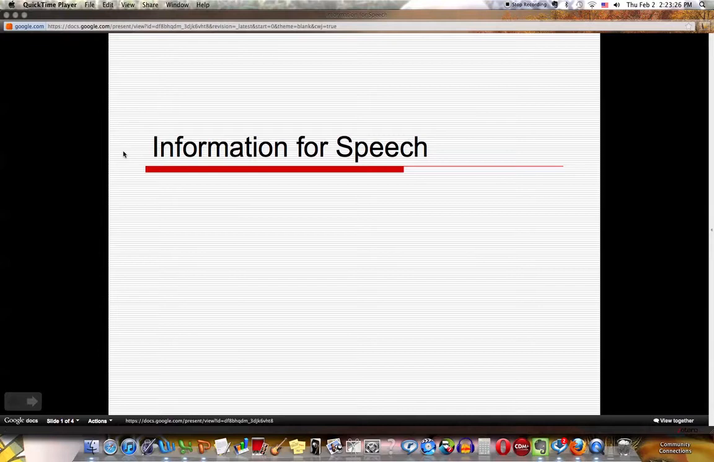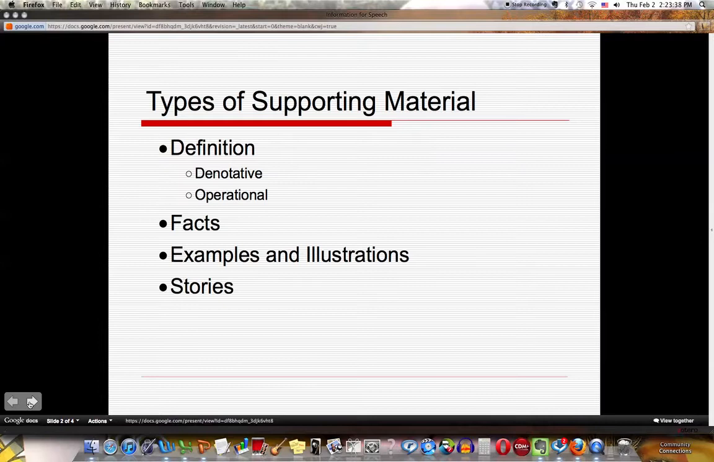The other part is the supporting content. That's the muscles of the speech. And supporting content is made up of supporting material. Your book talks about the types of supporting material. You want to read that in the textbook, but just to give you a reminder overview, you're looking for things